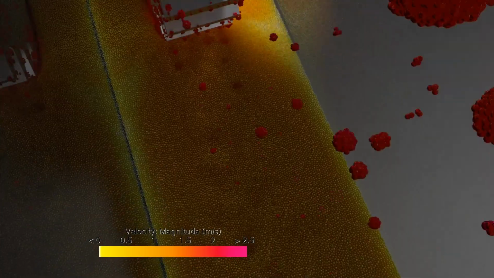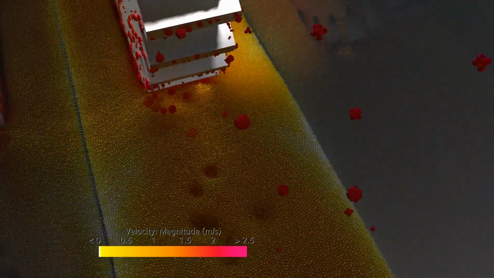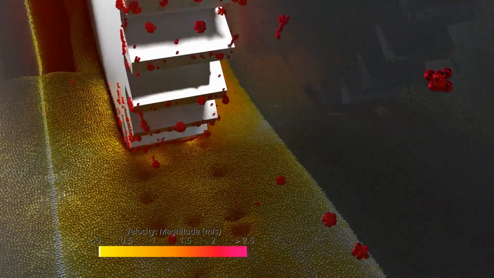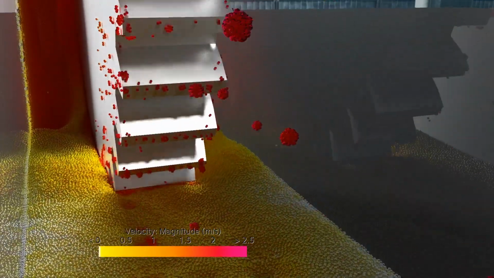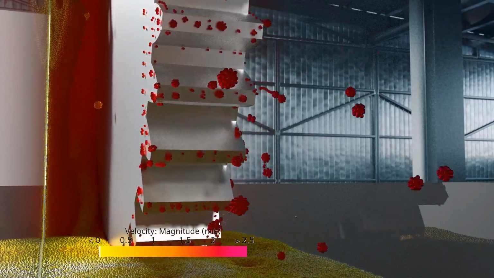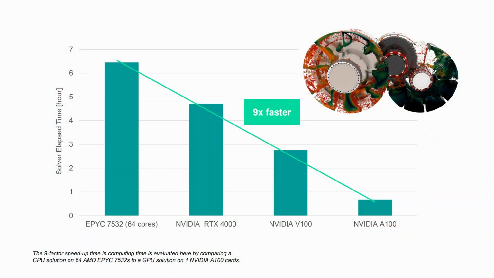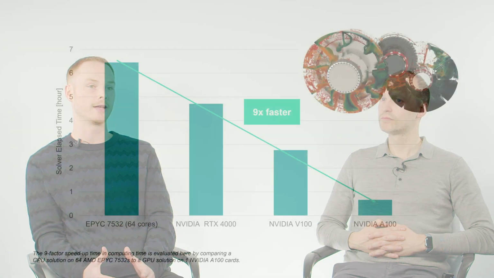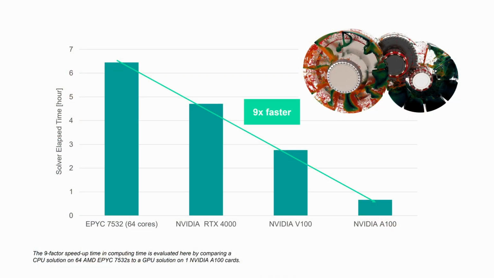Another nice thing about this is that SPH really lends itself very well to GPU acceleration. You can see one of the examples here. This simulation was run on 64 CPU cores and run on a single A100 GPU, and it's 9 times faster. So that one GPU card is 9 times faster than 64 cores. So really, you get a very significant speed up for your SPH simulations using GPU hardware, which is really nice to see.